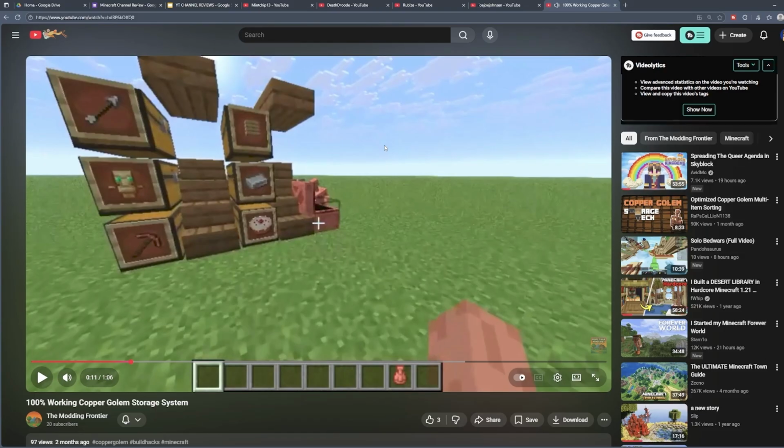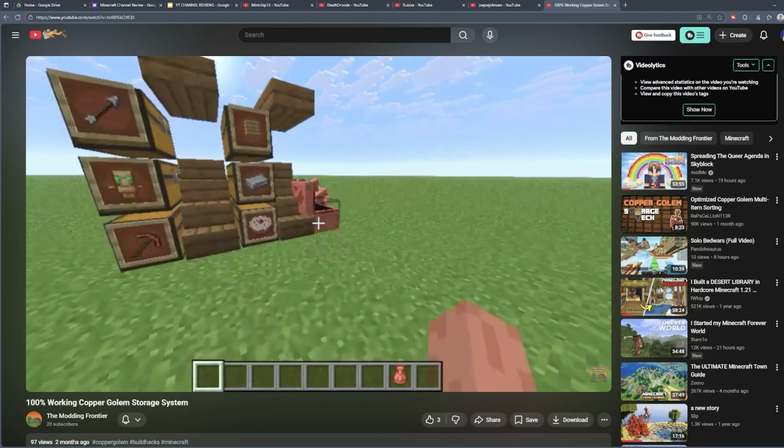Now, once again, I do think that if you were to use some voiceover or even use some text on screen, this would be a really great thing for you to explain what exactly is going on. If you gave some backstory explaining that this is a new feature, or even showing some text explaining that this is what we are going to see happening within the video and how the new copper golem storage really works, that's going to be more helpful than for you just to be interacting with the copper golem.